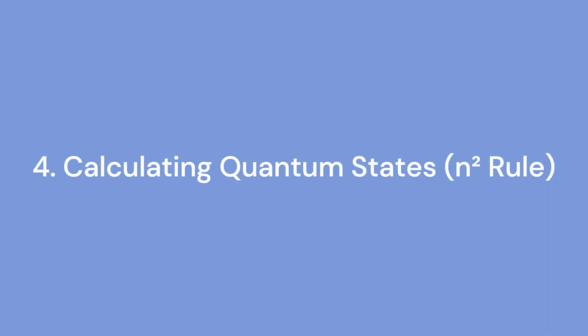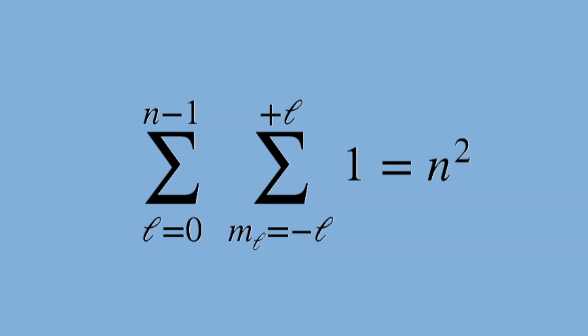4. Calculating quantum states, or the n-squared rule. In quantum mechanics, for a given principal quantum number n, the total number of allowed orbitals, or states, is n squared. The total is the sum over all allowed l, the orbital quantum number, and m_l, the magnetic quantum number, which is equal to n squared. We can use nested for loops with range to prove this is true for any n